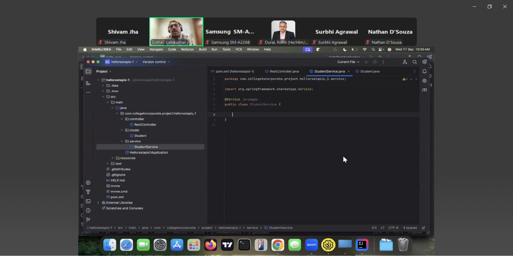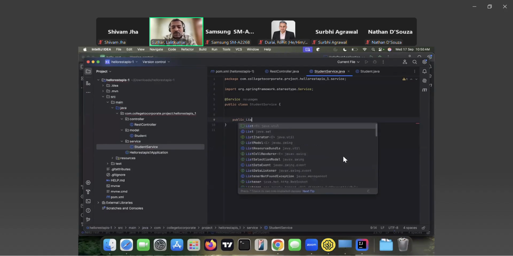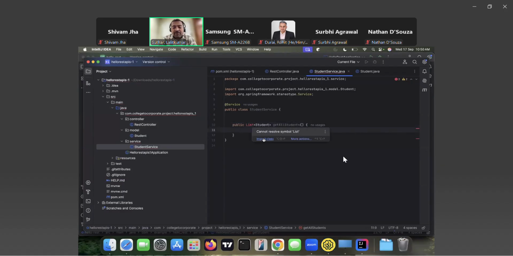Okay, now I have a student service. What does the student service need to do? It needs to do two things for now. First thing is it needs to return all the students. List of student, get all students. This is my first API, first actual business logic. The next one is